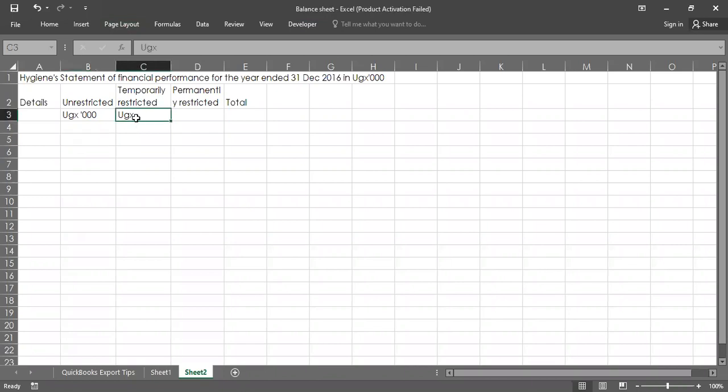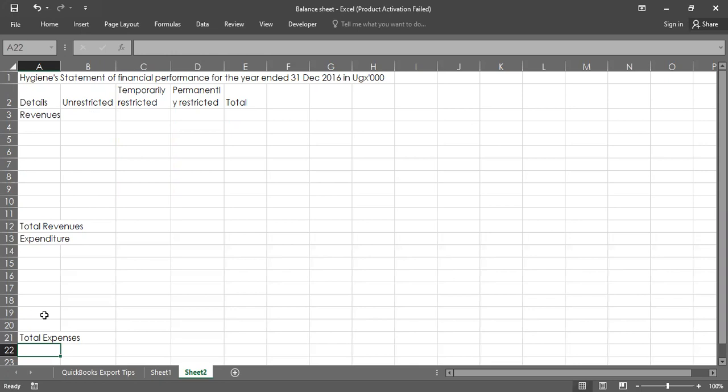So you want to do this, but this takes a bit long. So you rather put it in your heading, just your 1000 and you're done, rather than doing it for all. But you could do that also. Then what doesn't change is the fact that you have to have revenues first. Then after getting total revenues, you have expenses or expenditure. And then you also have total expenditure at the end, or total expenses, whatever you want to call them. And then the difference between total revenues and total expenses is either an increase or a decrease in